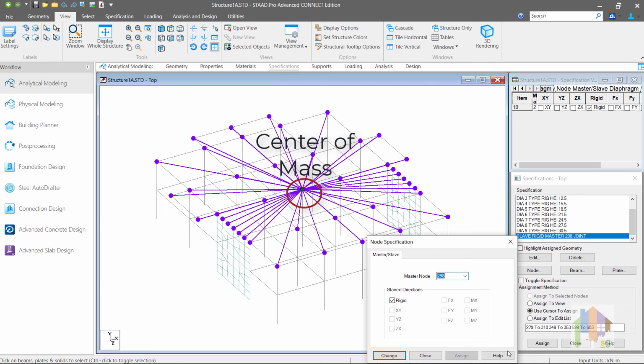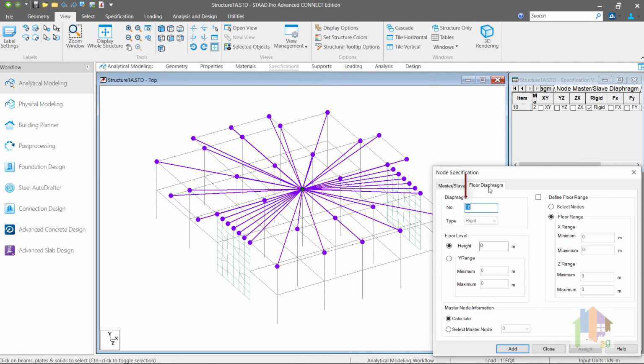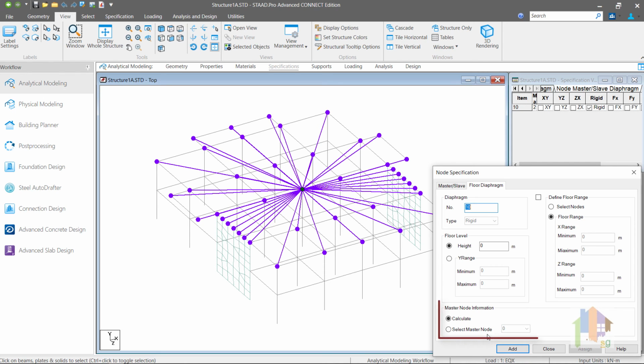For the master-slave option, this center of mass is an unknown point which needs to be computed manually. With complex floor geometry, this is a tough job. To simplify this, another option is provided, which is called rigid diaphragm. Here you can specify the height of the floor or the Y range where the floor is located, along with the joints or plane range, and the program internally identifies the level as a floor level and selects all the joints located in the floor. Now the program automatically calculates the center of mass of that floor depending on the mass model